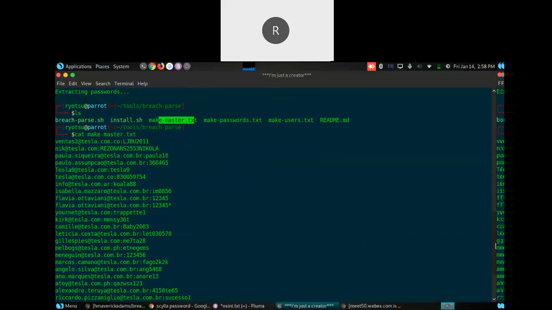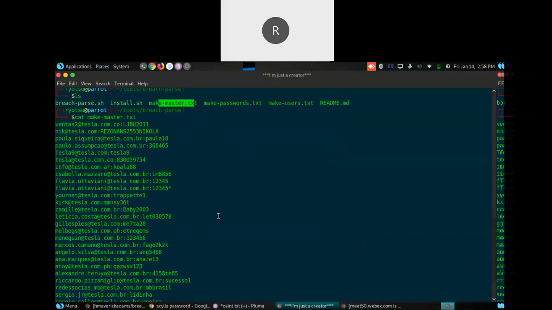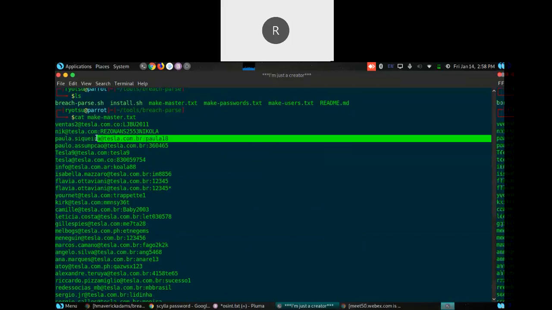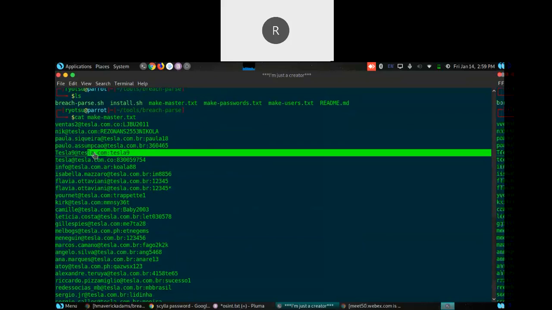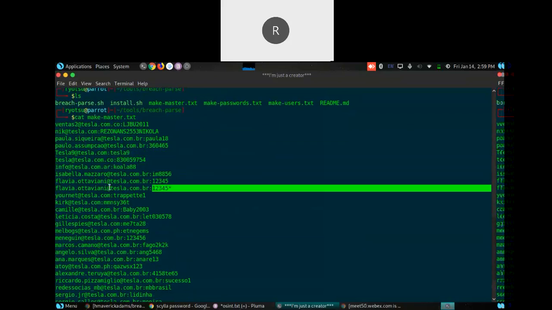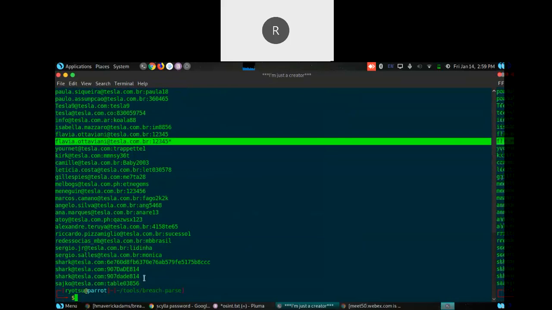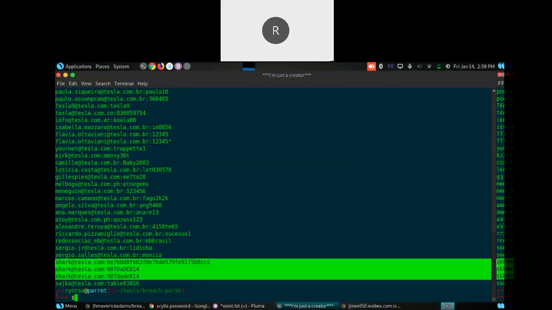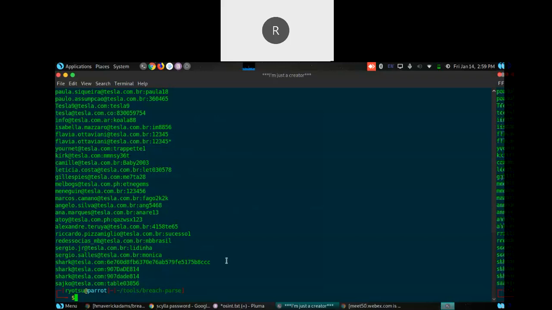Here we got some things. Look, we got Polo Secure at Tesla.com, and we got the password. And Tesla9.com, info at Tesla.com. And here we got shark at Tesla.com. According to me, this is an encrypted form.